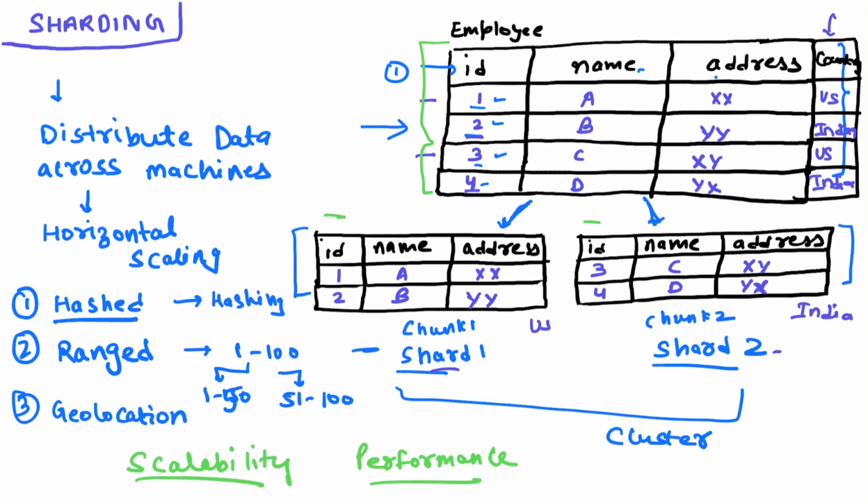It also helps you to achieve HA within your cluster, HA within your database. What is HA? HA means high availability. Let's take an example. You have all the data stored in a single machine. If that machine goes off, your complete database goes off. None of the data is available, none of the data is accessible. But in case of sharding based databases, your data is distributed across different machines. This is machine 1, this is machine 2. If machine 1 goes down, machine 2 is still available. You still have some part of the data available.